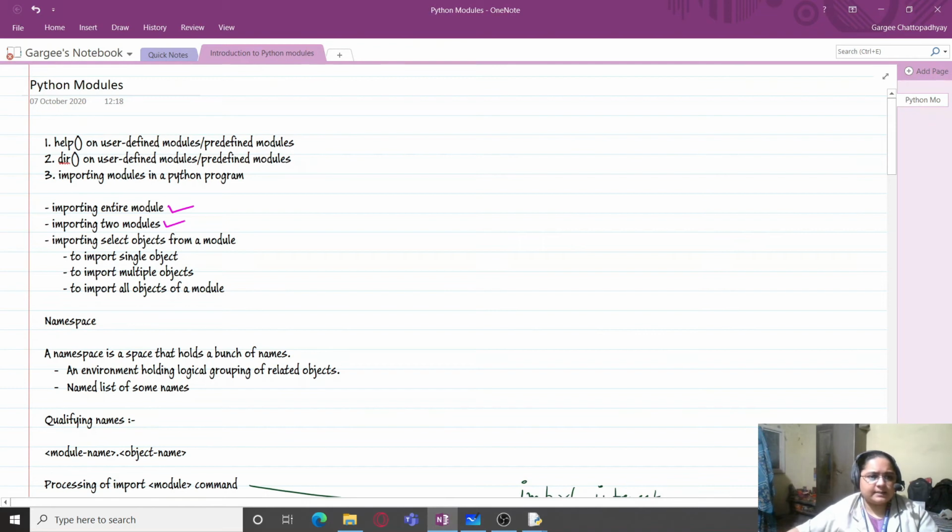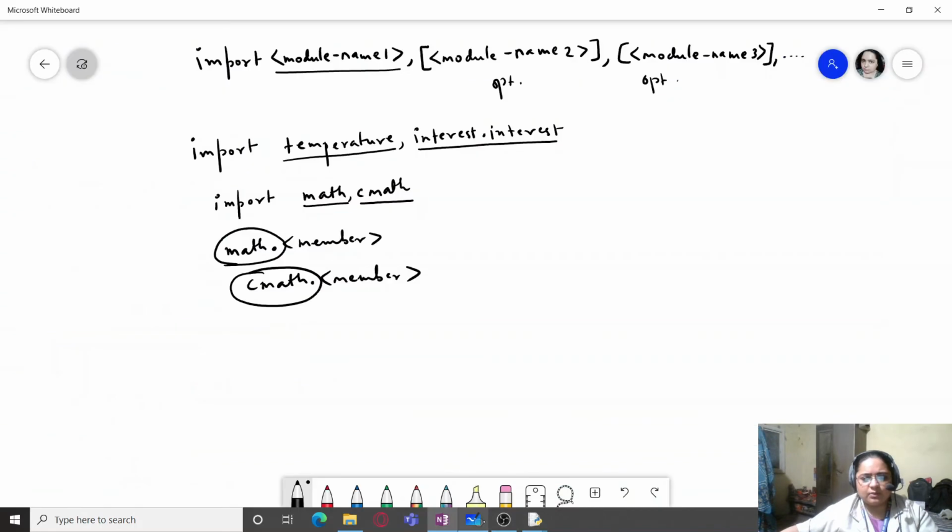Our next is importing select objects from a module. Now, how to import select objects? So first is importing a single object. So how do we import a single object? Let's see that.